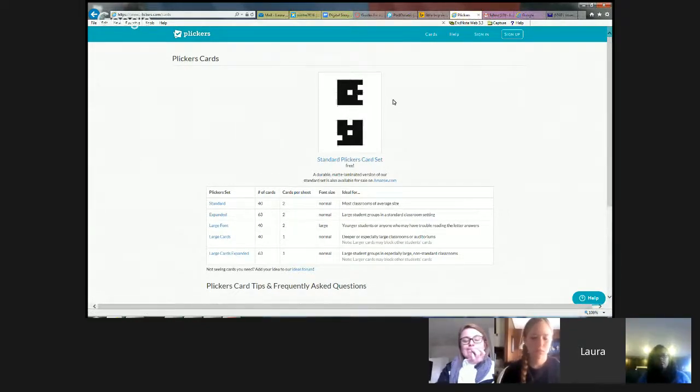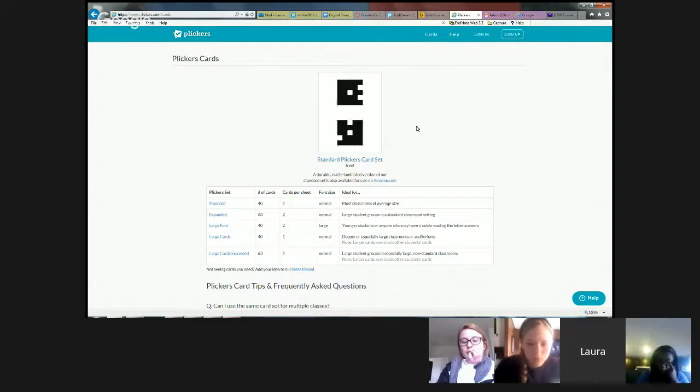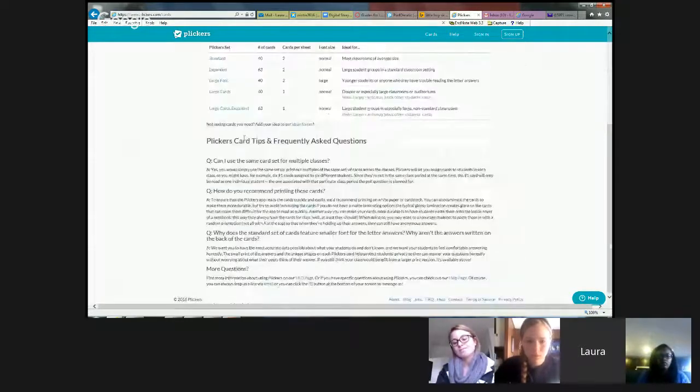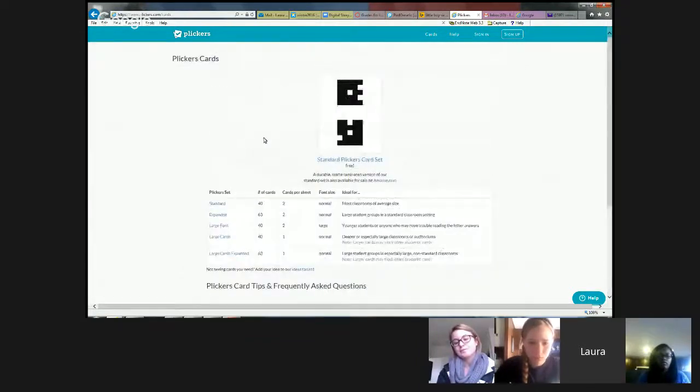So when they're asked these questions, they hold up the card with the letter that goes with what they think the answer is on top. Nobody really knows what answer they're giving because every card is different. So they don't have to be embarrassed if they're getting the wrong answer, and they can't copy off classmates. And then the teacher takes a picture of the class